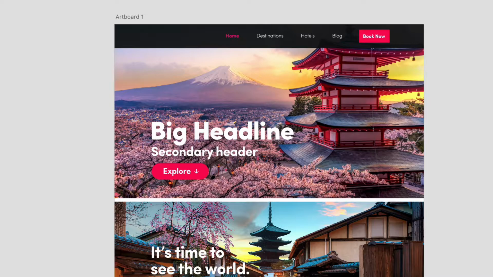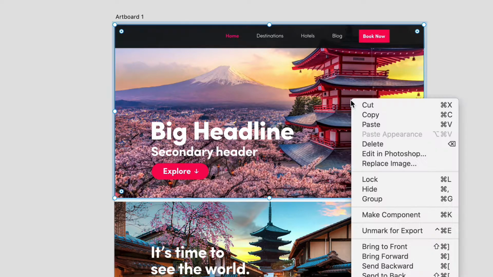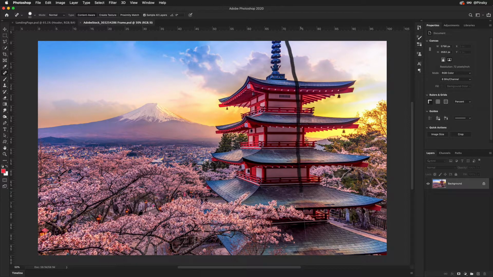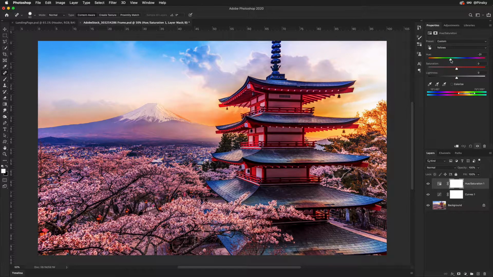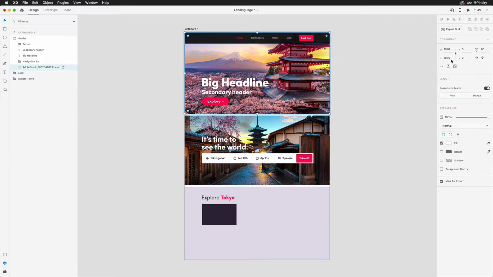As you start incorporating imagery into your projects, there may be times where you need a little bit more photo editing power to really express your creativity. And for those moments, images can be opened directly in Photoshop by right-clicking and choosing Edit in Photoshop. You can now edit to your heart's content, utilizing the power of Photoshop to remove unwanted objects, cut out parts of your photos, add filters, or even add in an unspeakable bevel and emboss. And when you're all set, hitting save will sync it right back to XD.